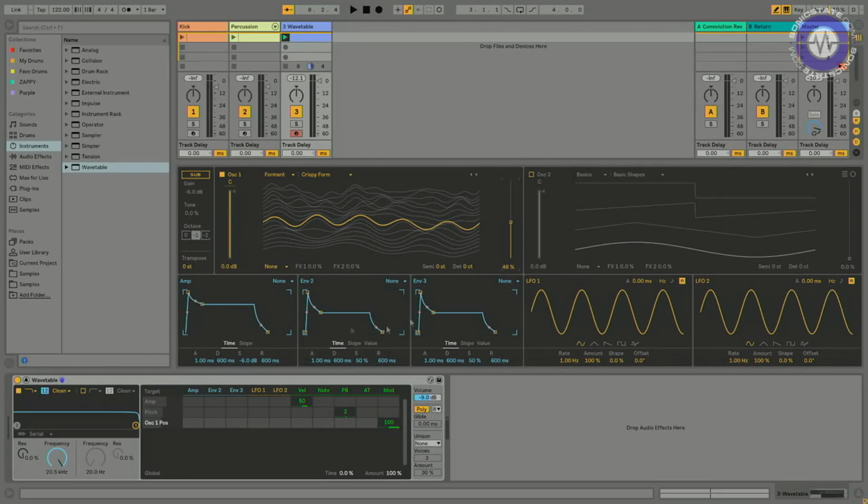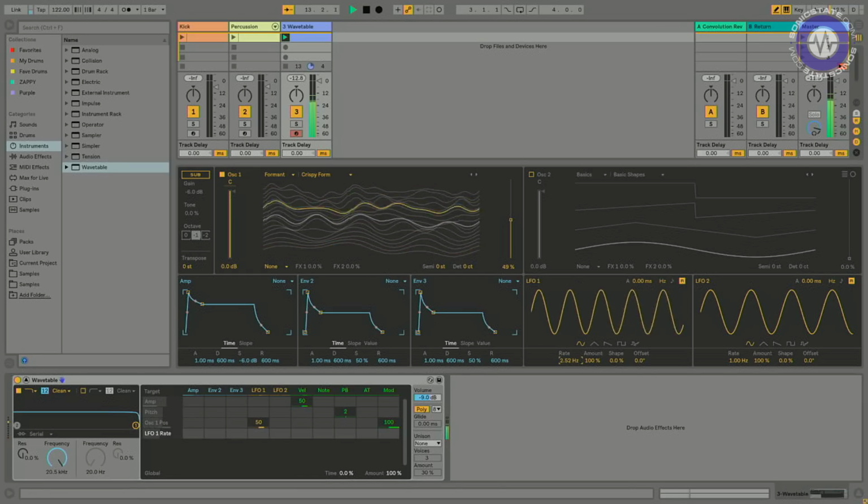I think really any synthesizer can sound flat and lifeless without modulation of some kind, but with wavetable synthesis, you can do really interesting things, and that's where this synthesizer really stands out, because it's so easy to modulate. For example, this is our oscillator position here, where you choose where in the wavetable you are. We could use an LFO to control that simply by clicking the oscillator position, coming down to this matrix here, and you notice when you click something, oscillator 1 position appears, and then we can just use LFO1 to modulate that. And the rate that we choose on here